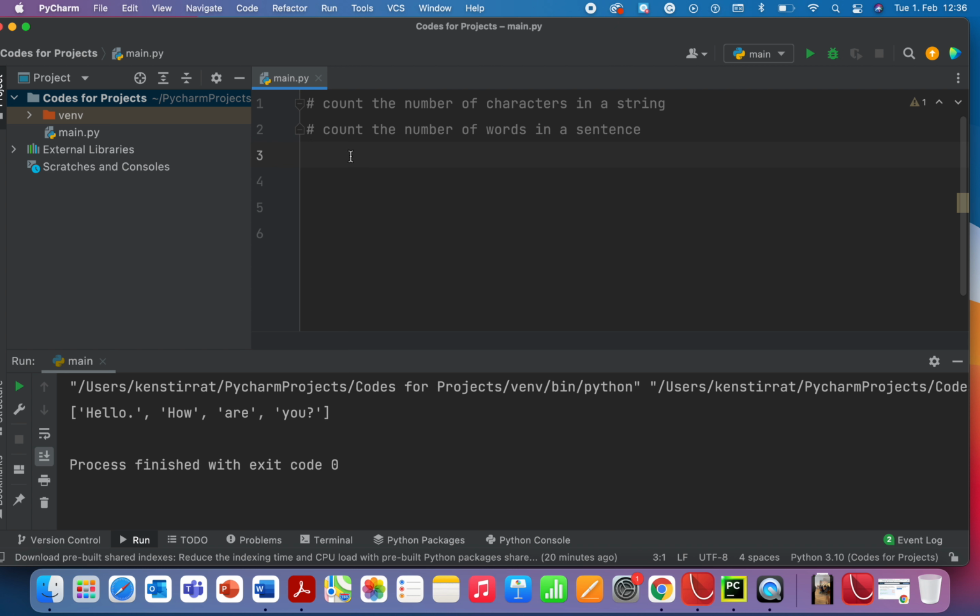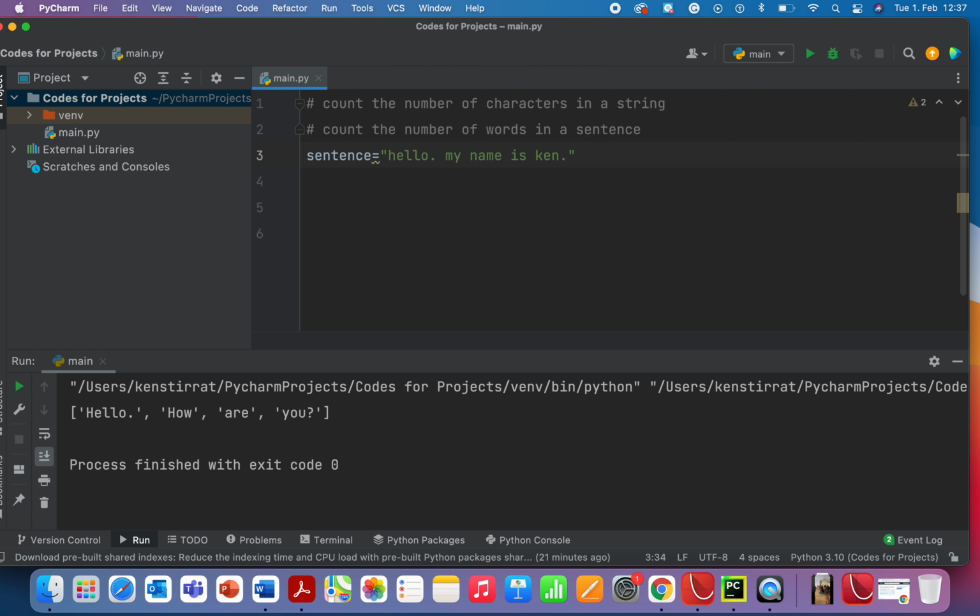So we're going to write a sentence, and we're going to actually define it as a variable. So I'll just call it sentence. I'll put equals, and we will need this to be in a string. So sentence equals, again, "hello, my name is Ken." Okay, so basically we're going to do two things. We're going to count how many words are there. Well, clearly you've got 1, 2, 3, 4, 5 words there, but also going to count the number of characters